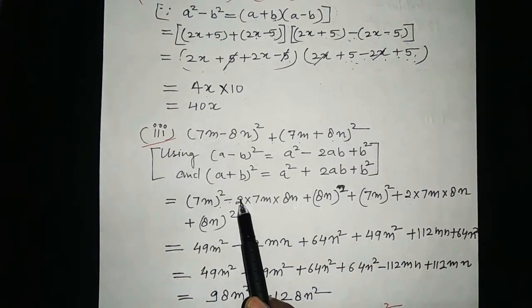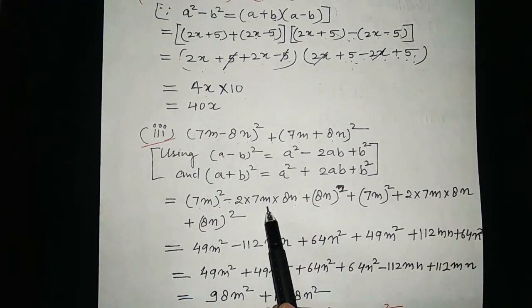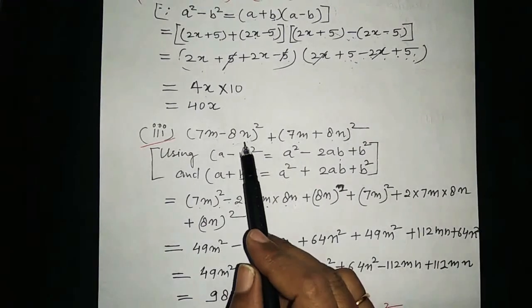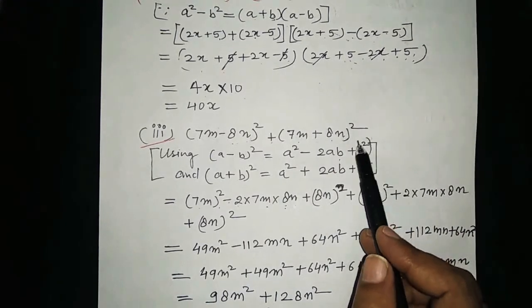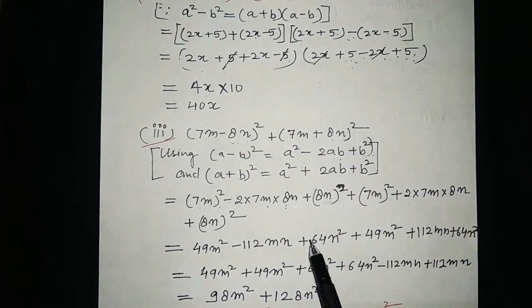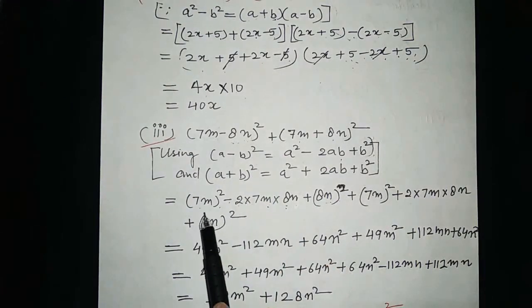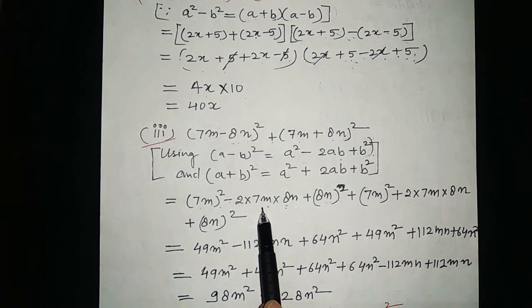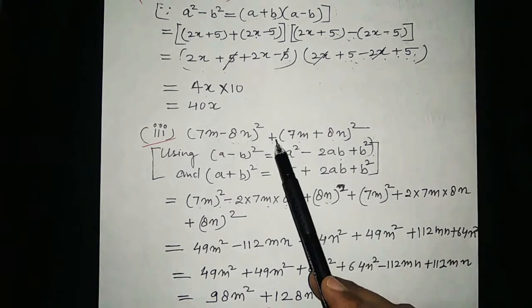For here 2 into what is a? A is 7m, 7m we will write. What is b? B is 8n, 8n we will write. Plus here for b square we will write here (8n) whole square. Now we have written (7m - 8n) whole square in the form of the identity (a - b) whole square is equal to a square minus 2ab plus b square. Now we will put this plus sign,